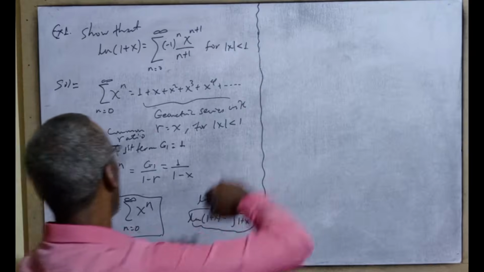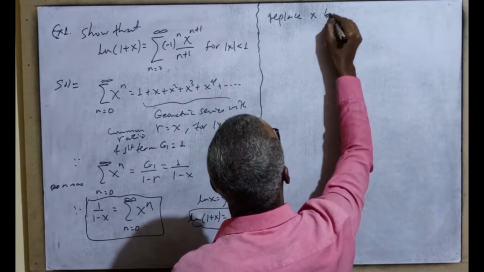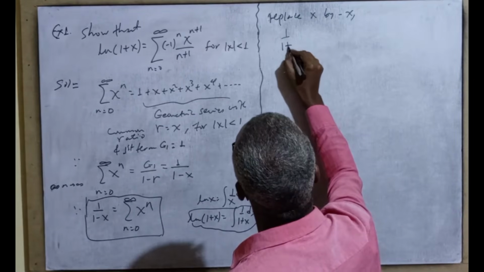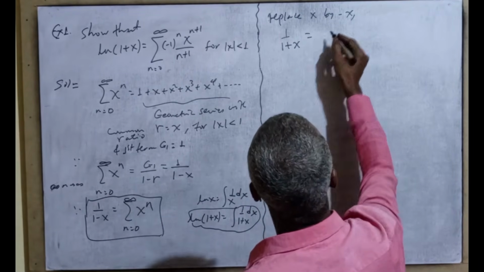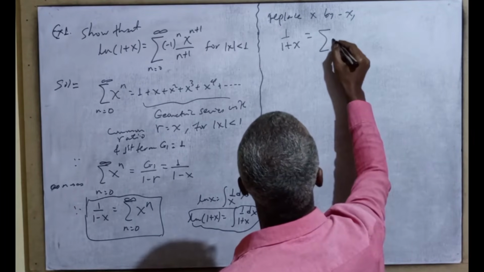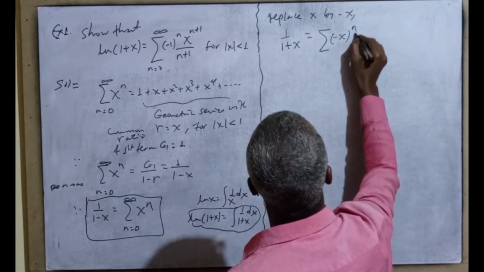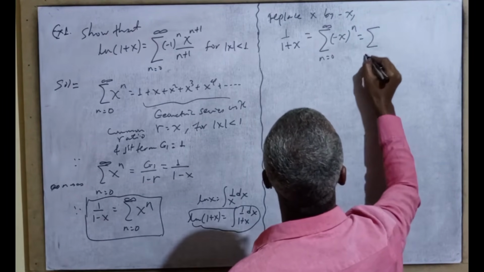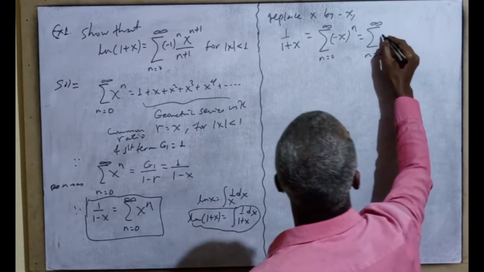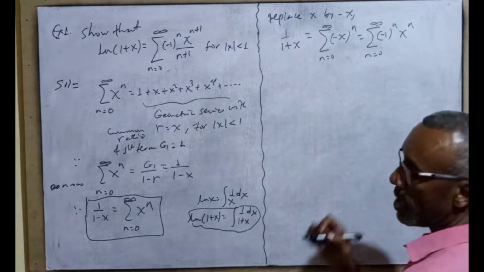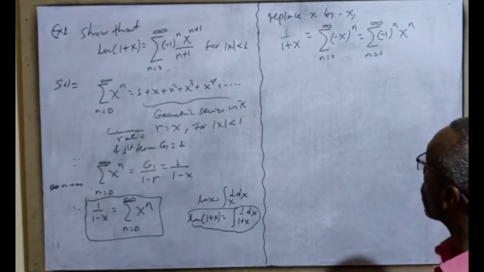x የሚለውን let's replace x by minus x. 1 over 1 plus x ይሆናል this is equal to the sum of በx ቦታ ላይ ማን ነው ሰብስቲት ማድረገው minus x ነው minus x raised to n from 0 to positive infinity ነው. this is equal to the sum from 0 to positive infinity of minus 1 raised to n x raised to n እናደርጋለሁ minus x ማለት minus 1 times x ማለት ነው minus 1 raised to n times x raised to n አደረኩት